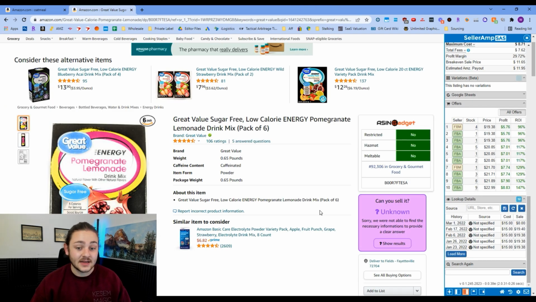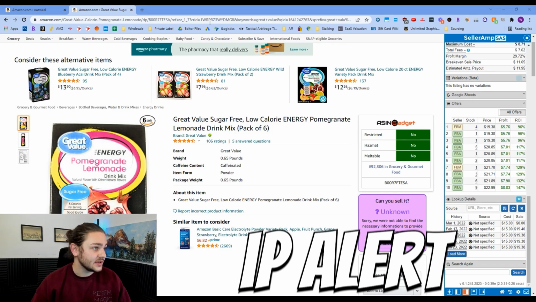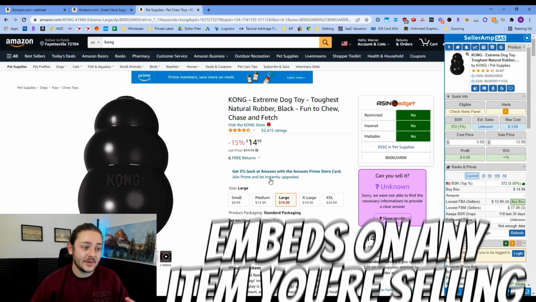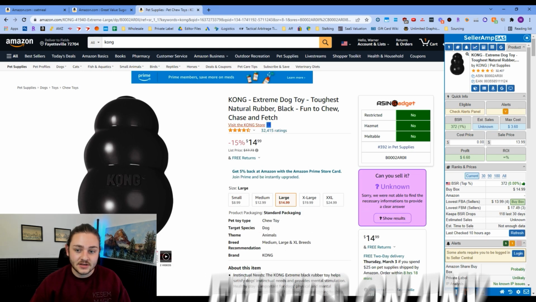So that kind of brings me into the next tool I want to talk about, which is IP Alert. So I'll go ahead and drag that over here. Like I said, SellerAmp does have an IP checker baked into it, but I haven't found it to be insanely accurate. I would like to see it become more accurate, but for now, I'm still going to have to recommend using IP Alert. This tool embeds on any item you're selling, and it's going to show up right there